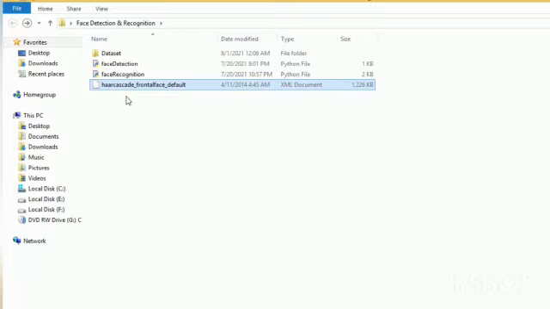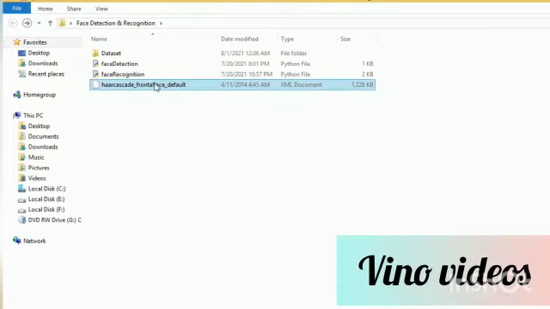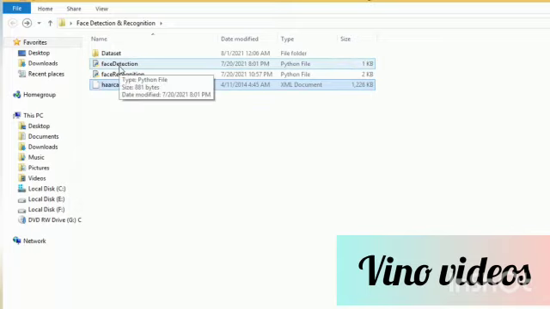You need not worry about this algorithm because it is readily available like a ready-made product. We are not going to do any modification in this file. You just download it from the internet and paste it in your project directly. We are going to use this frontal face algorithm in the face detection Python program.